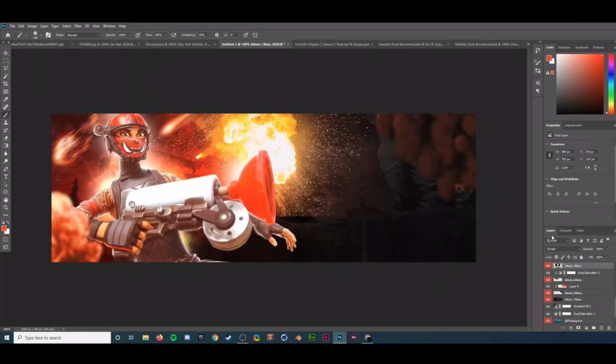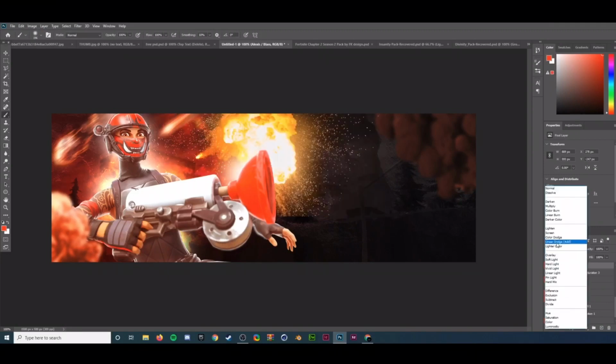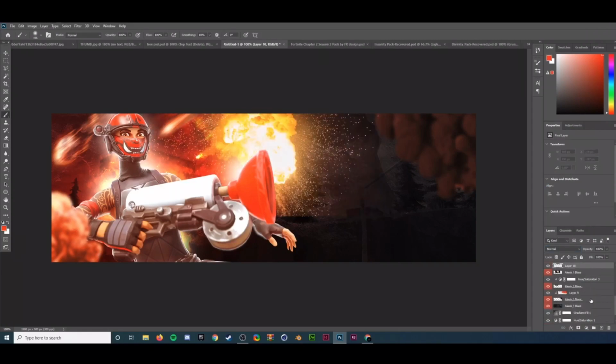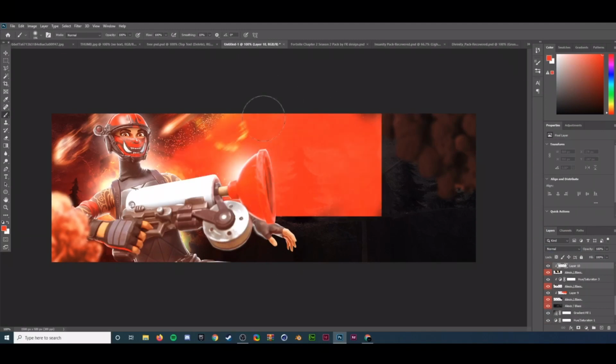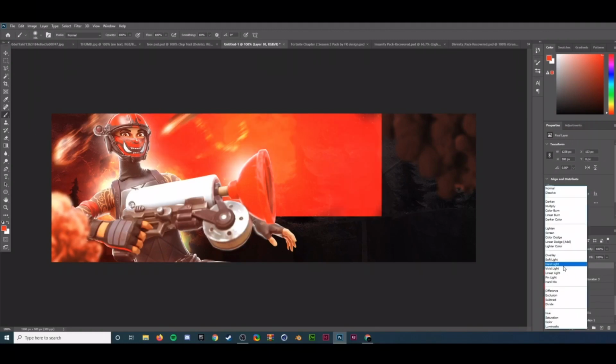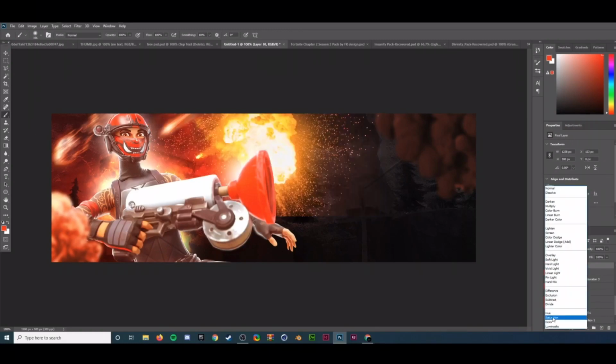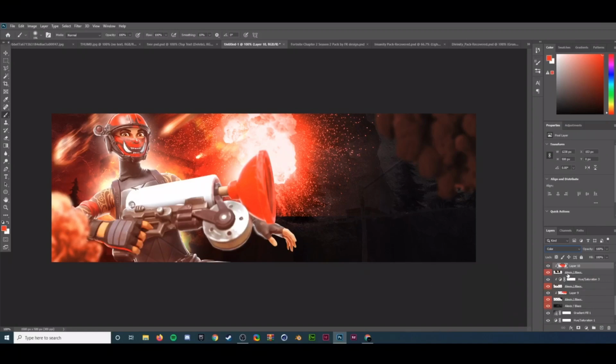Very, very simple, just drag it in, do the same thing that I did with either of those, just what works best. And I'm going to do the same right here. I just drag it in from the Divinity pack, I add the explosion, I'm going to mess with the blending mode, and then I'm going to create a layer above that, make sure it's a clipping mask above it, mess with what kind of blending mode I want. Right there I went with color, and then just erase some of the edges right there,